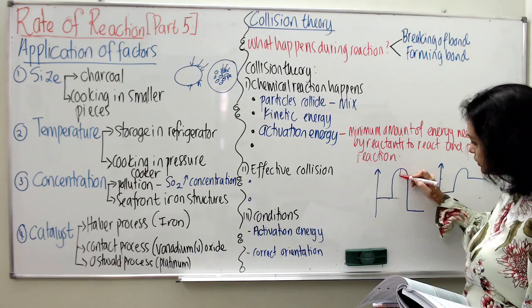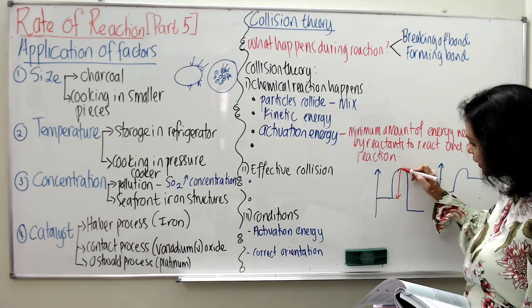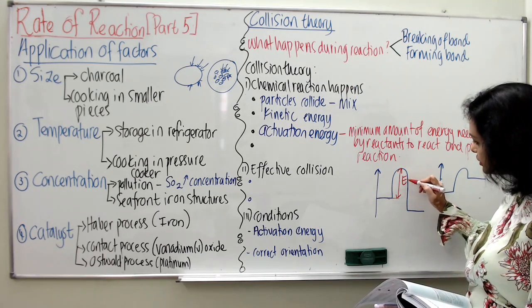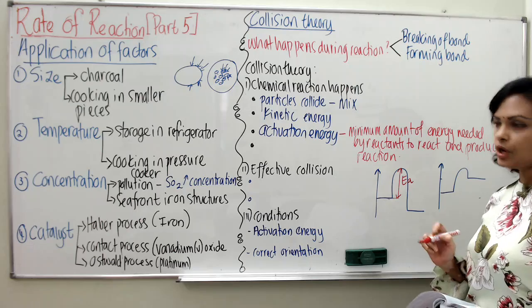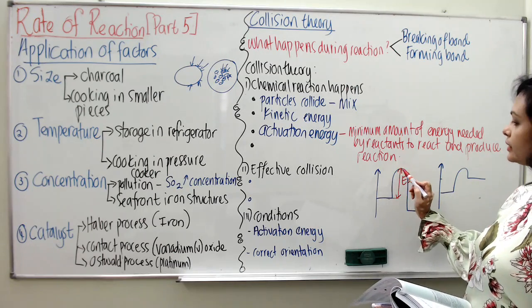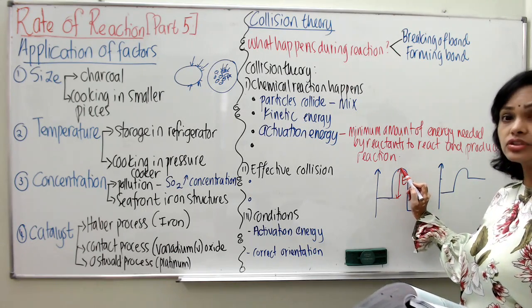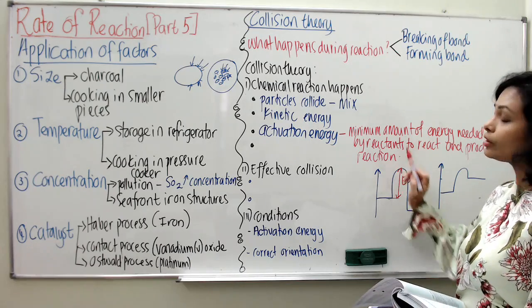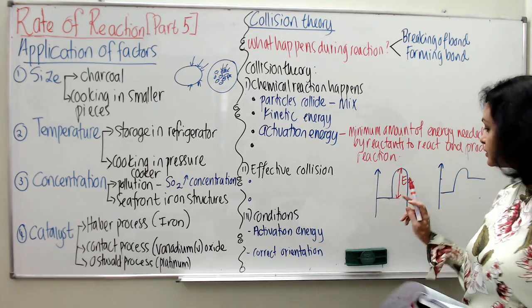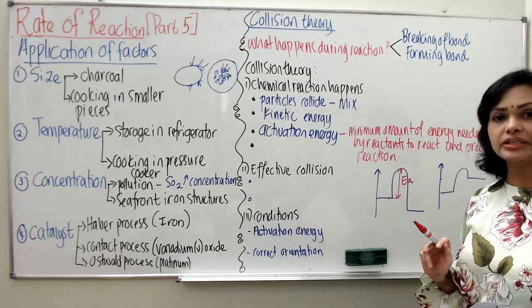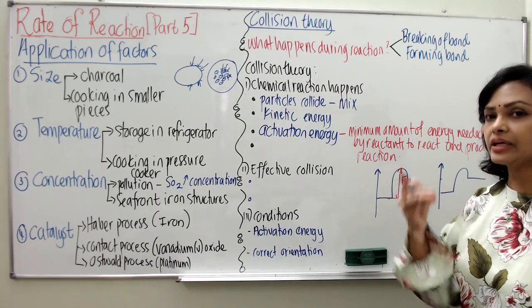So this is how we identify activation energy. We say that this is the minimum activation energy. Sometimes the particle can go beyond it, doesn't matter. So that is the amount of activation energy needed for particles to produce a